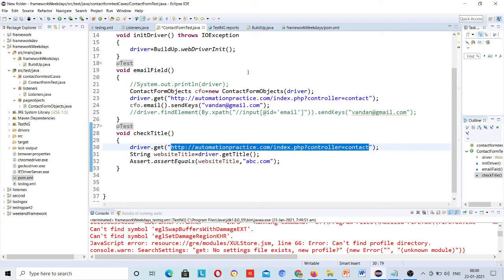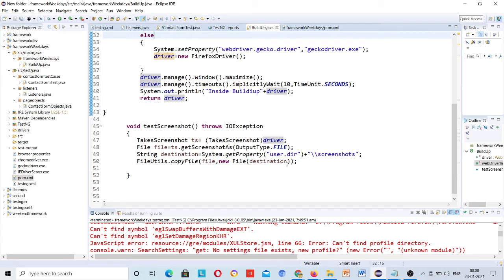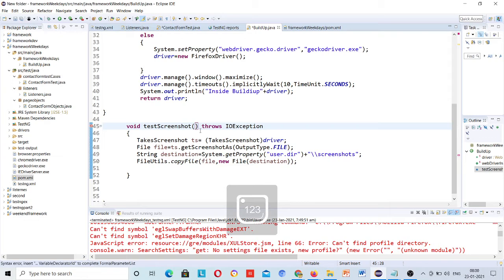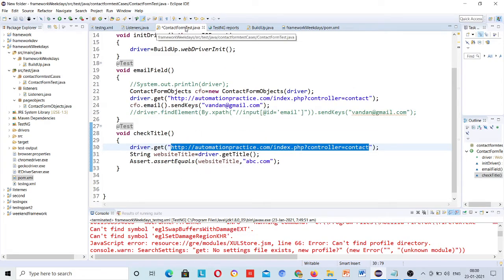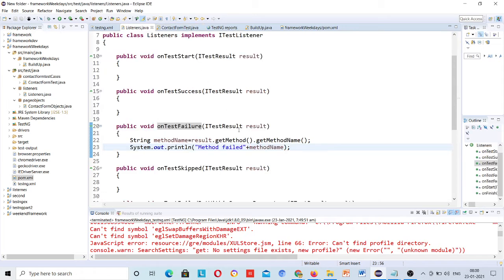So what I need to do is get that driver here, and that driver will be used for your failed screenshot. So just put it here. First let me call this through the listener, then you will be clearer on this.